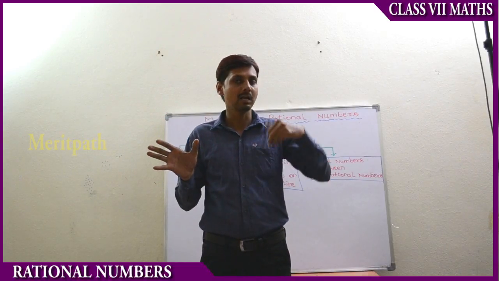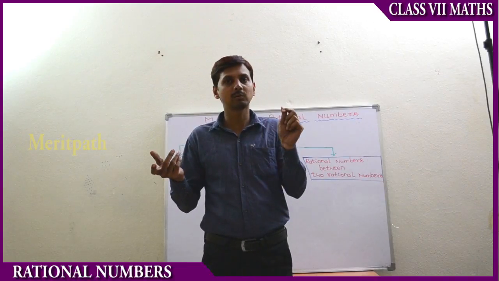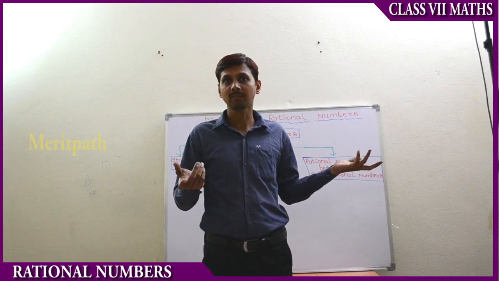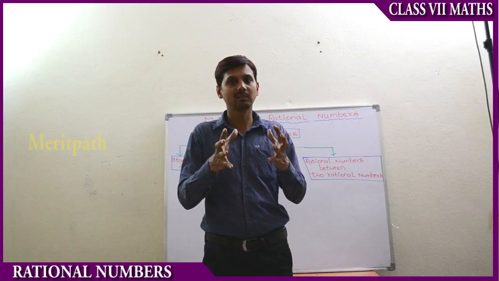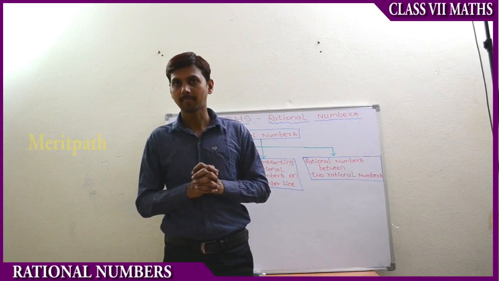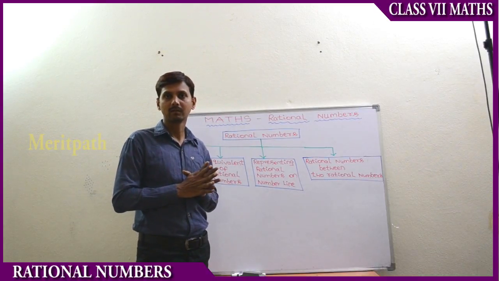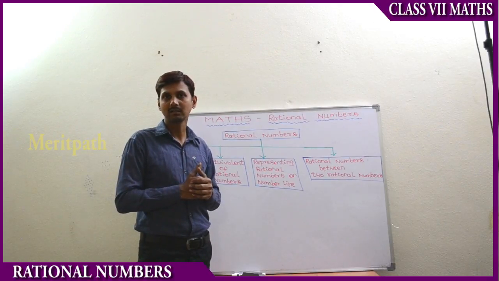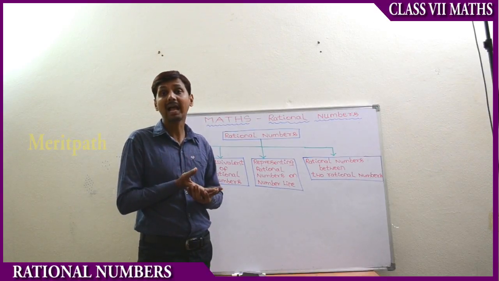These are whole numbers, and we write the negative of natural numbers: -1, -2, -3, -4, -5 and so on. Together, all these numbers are called integers. So, as we know, these are the numbers we have learned in previous classes. All these numbers together we call